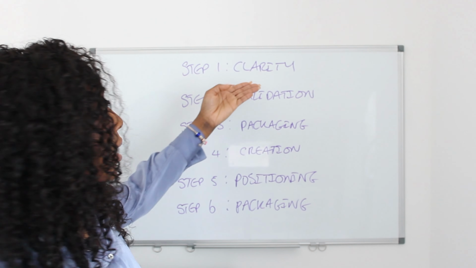All right, so let's now go through each stage that I've written on the whiteboard, and you're definitely going to need to write notes for this. So stage one, clarity. What is clarity? Clarity is the what. What exactly is this thing that you're trying to build? What is this idea? If you cannot describe to me in one sentence the idea you have, then it is not clear enough yet. What you have is a concept, not a clear idea. You cannot build a concept. You build a clear idea.